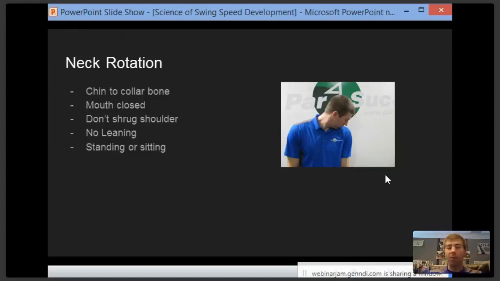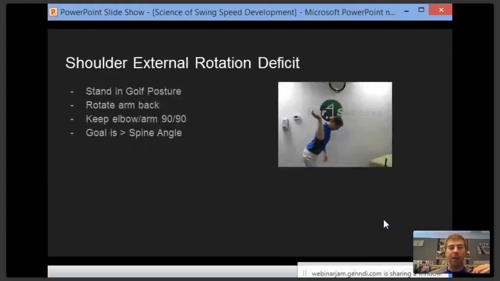So we'll just run quickly through these. If you guys were here last month, we did the whole body swing connection. These are the same tests here, so same images. So the first one is, can you touch your chin to both collarbones? Second one is the 90-90 test in golf posture. Can you get